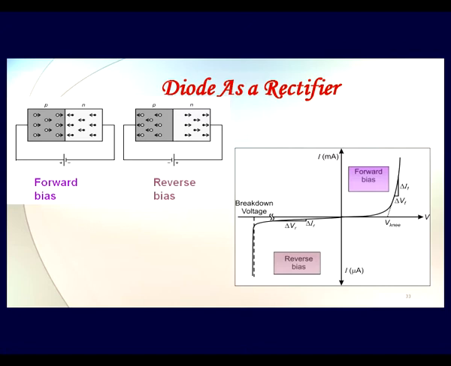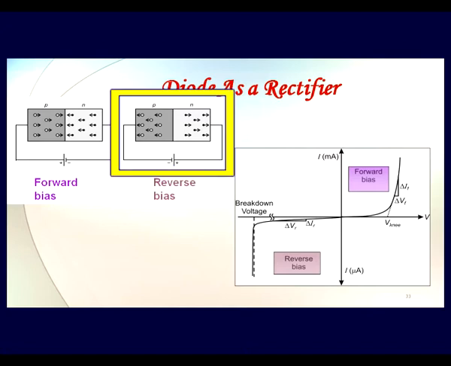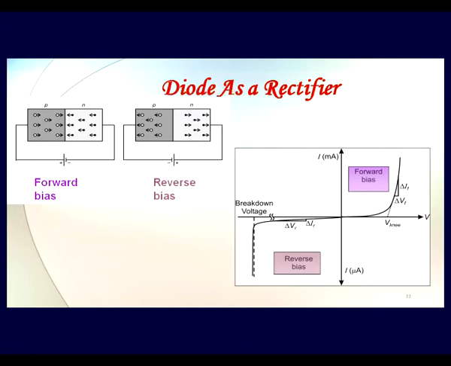So we can consider this circuit as if this is a switch which is turned on, and it gives us a current flow through it when positive is connected to the P terminal and negative is connected to the N terminal. But if we see the reverse bias condition, that is when positive is connected to the N terminal and negative is connected to the P terminal, since the majority carriers are drifting away from the junction area, we do not have any current or only a negligibly small current, which is just due to the minority carriers in this particular device.